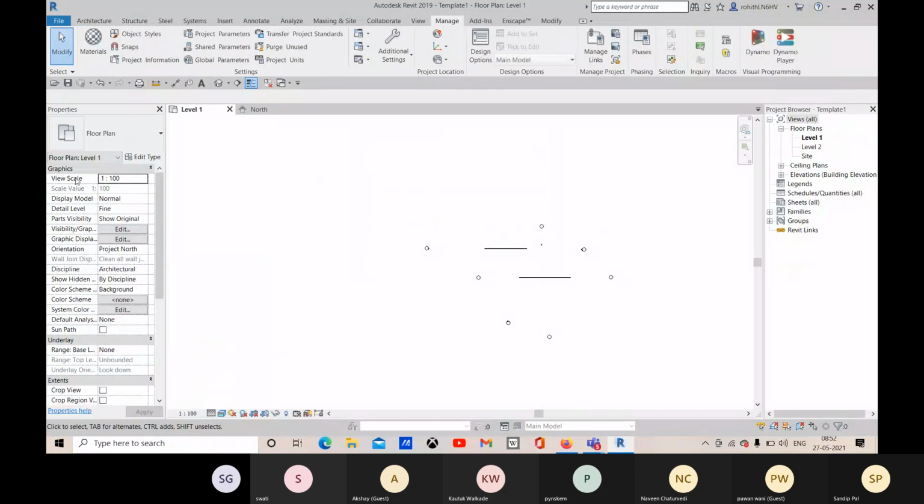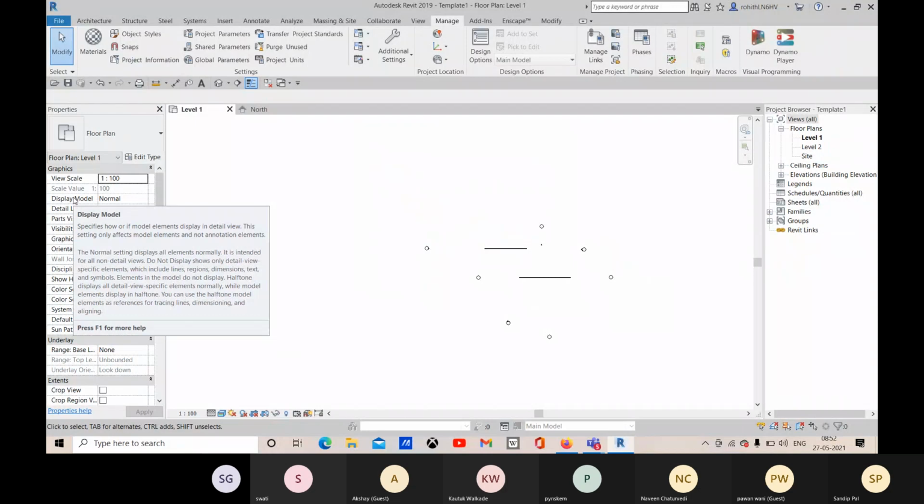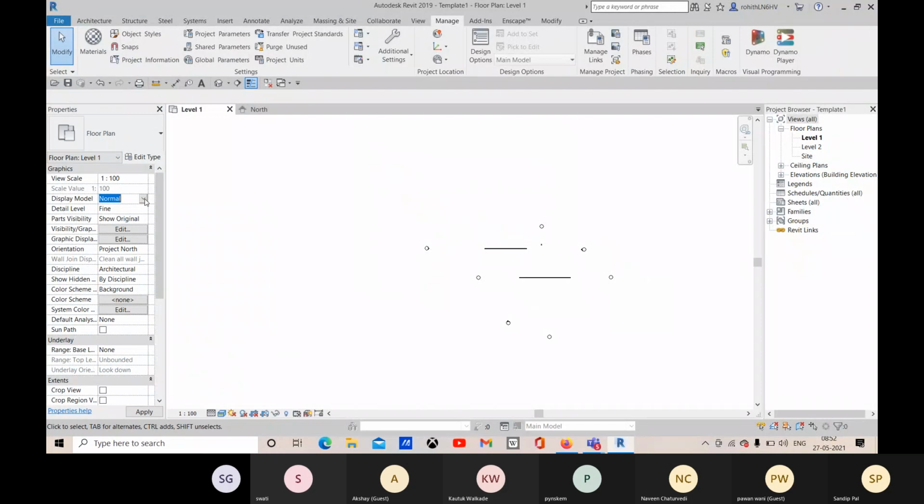So we have these things here from the properties palette. We have all these instance properties. Here you change what will be the view scale, what will be the display model type. Okay. So it's like a detail level. All right. So here we have this half tone and do not display option.